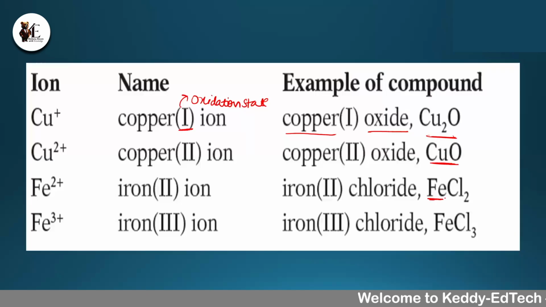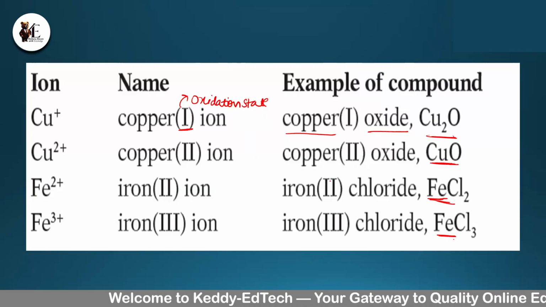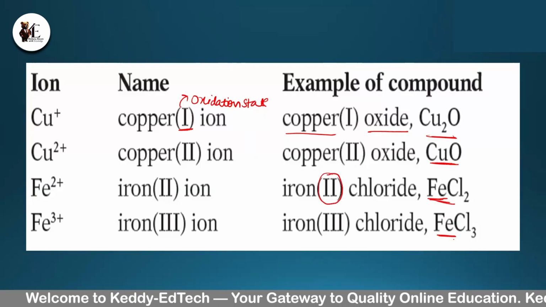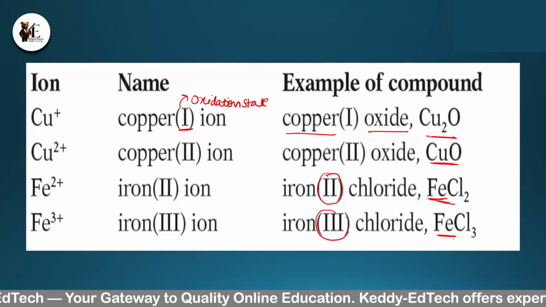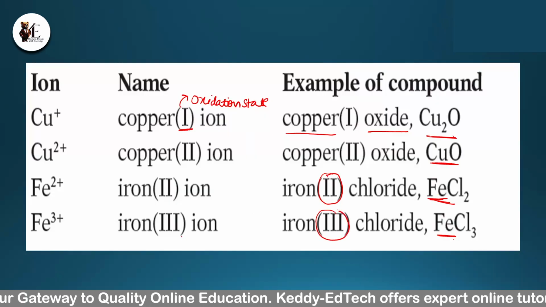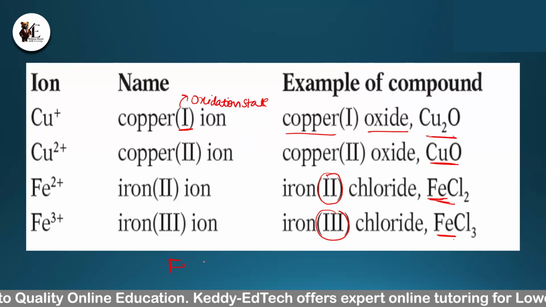Iron chloride, FeCl2, the name is the same. It is also iron chloride. But in this case, iron exists in plus 2 oxidation state, plus 2 valency, and in FeCl3, iron exists in plus 3 oxidation state. How? Because we know that in FeCl3,